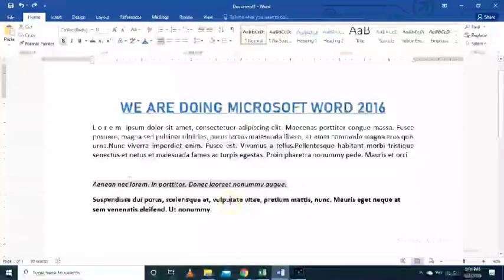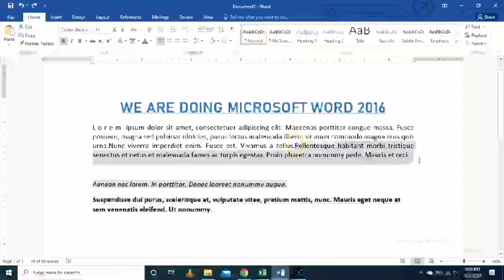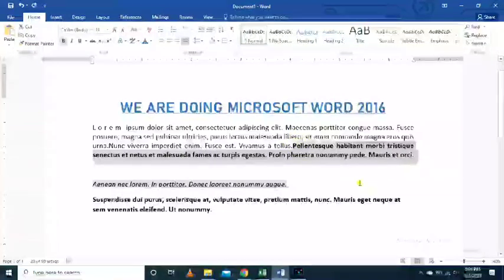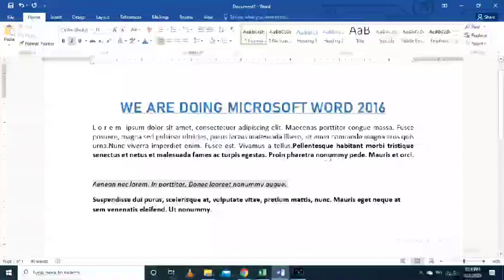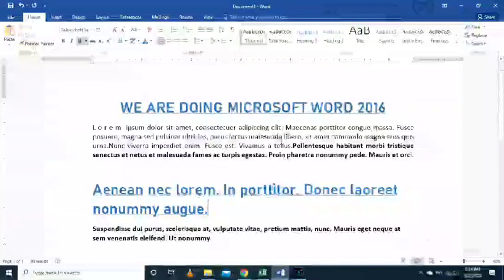There's a shortcut, as I told you always. In order to copy the style, Control Shift C for copy, and Control Shift V for pasting. See, the fonts here and here are the same. Let me just show you again. In order to copy this, just press Control Shift C, and wherever you want to paste, Control Shift V. So the format has been copied.